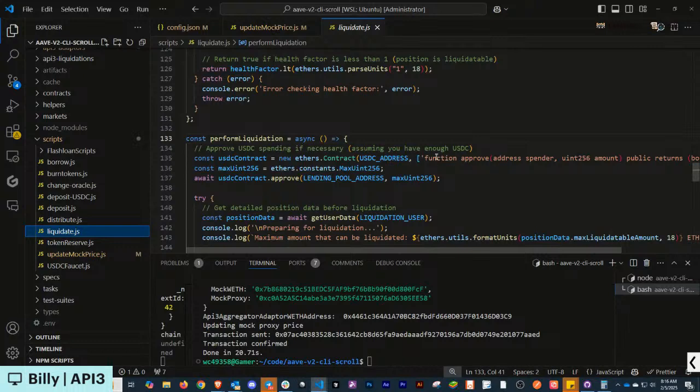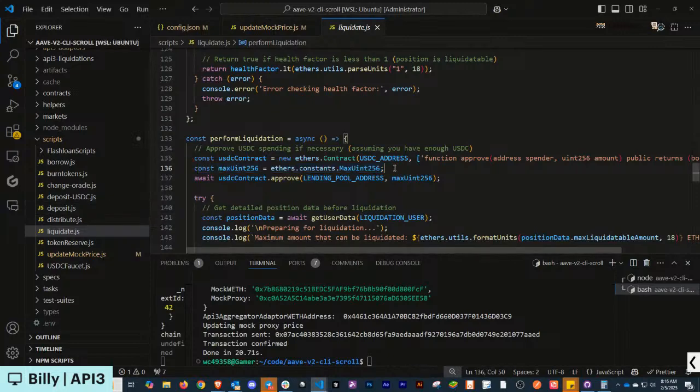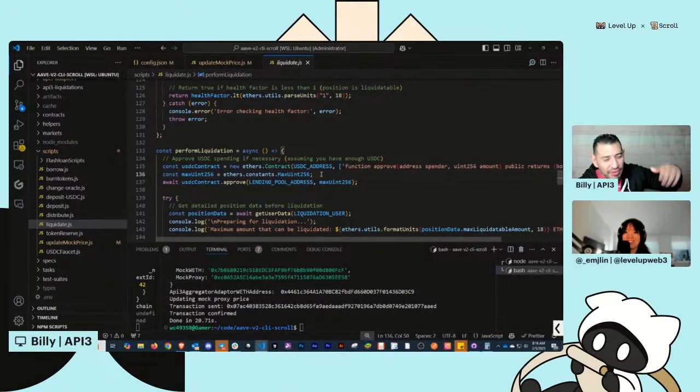We want to be able to approve it. So here's the ABI, max uint256. When it's asking us what do we want to pay back, I can't think of a reason why you would never want to pay back the full amount for liquidation. Like, why would I ever want to pay 10% of a liquidation? I did all the work already, right? Like, I found the position, I've got everything prepped, I've paid for my RPC services. Why wouldn't I want to maximize my position? So this ethers value, max uint256, is basically 0x FFFFFFFF, like the maximum amount of value that we want to pay back on there.